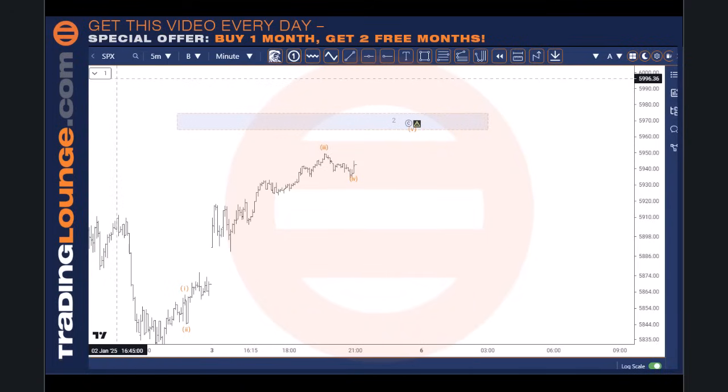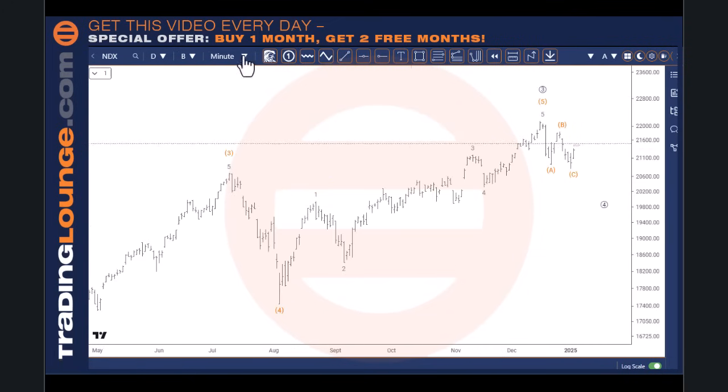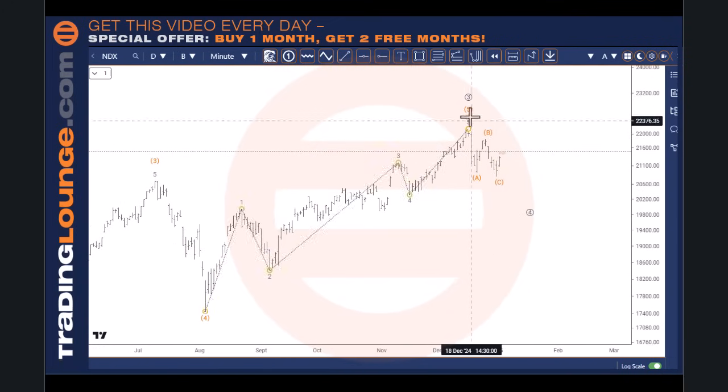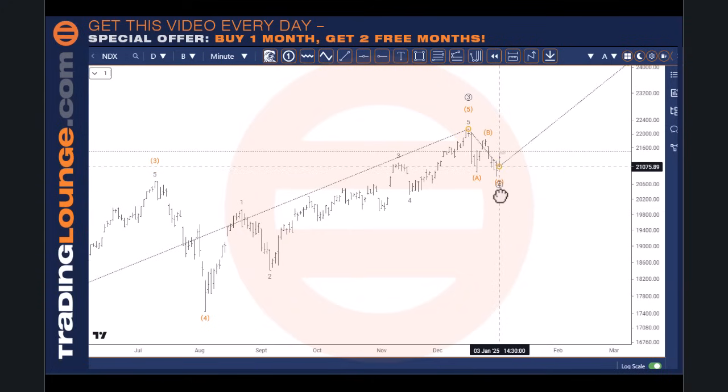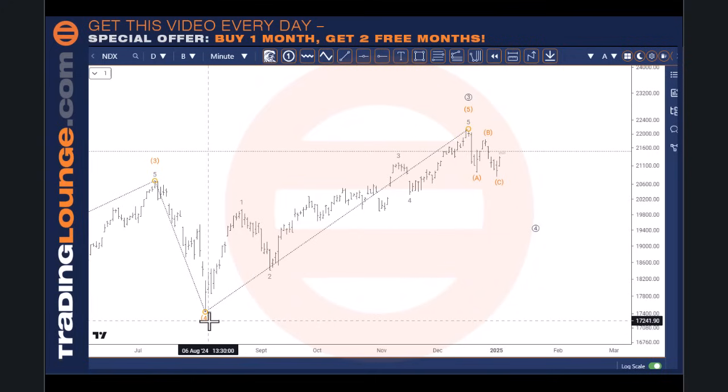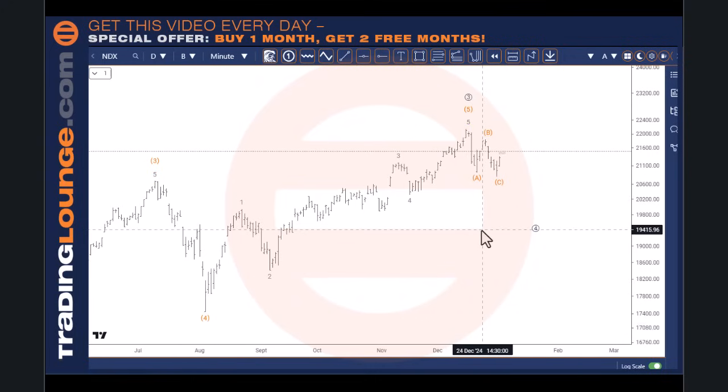So we'll have a look at the NASDAQ. It's the same as the NASDAQ here as well. We've got this wave 3 up here, and we're looking for an ABC for wave 4. Like I said, we could view this here as an A wave, a B wave, and a C wave here. But this degree of structure would be too small at this point. I wanted to see it bigger than this one down here. But yeah, it looks like a nice little ABC pattern and ready to push up.